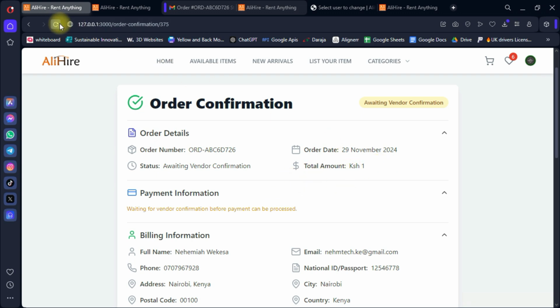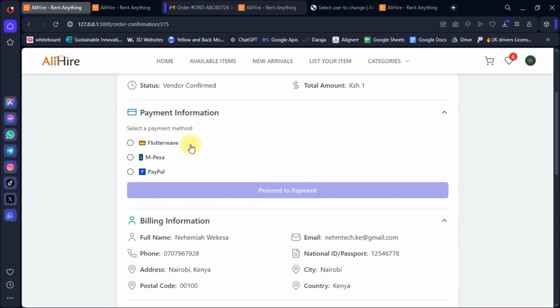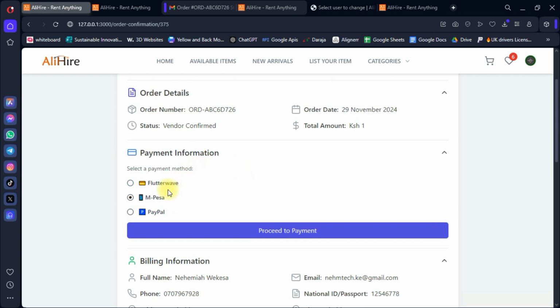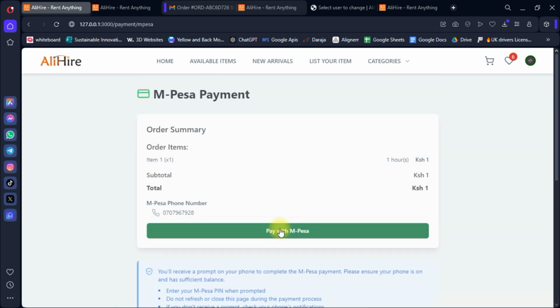So now when I refresh here, you can see the payment information is now available. So I can click on whichever payment gateway. Remember, all of them work, but let me show you with M-Pesa, because I have M-Pesa here, and it's easier. So when I click proceed to payment, I'll be taken to this page, and already my number